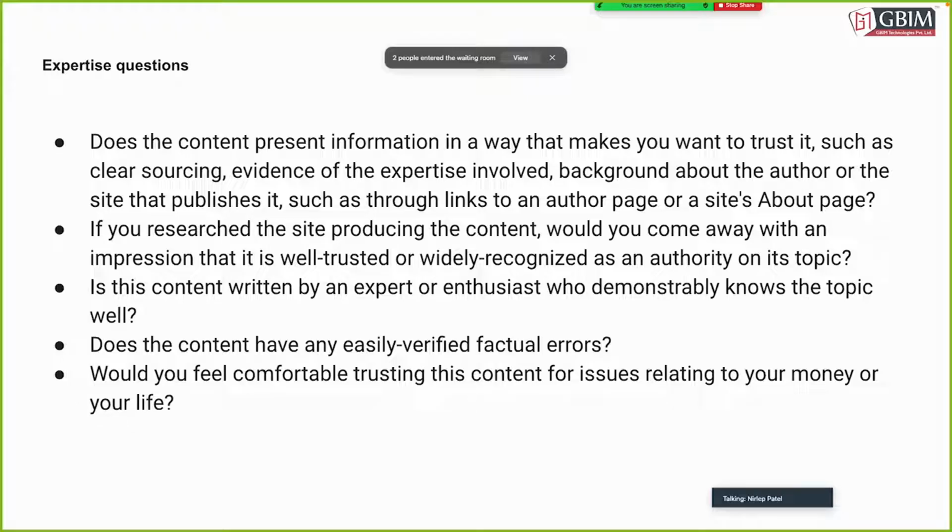Thus the content presents information in a way that makes you want to trust it, such as clear sourcing and evidence of the expertise involved, okay. Sometimes we see some data, so we can give value to that source too, saying I found this information from XYZ websites.